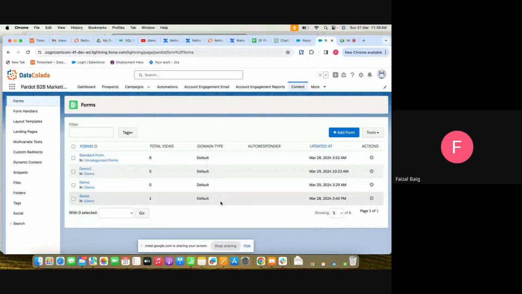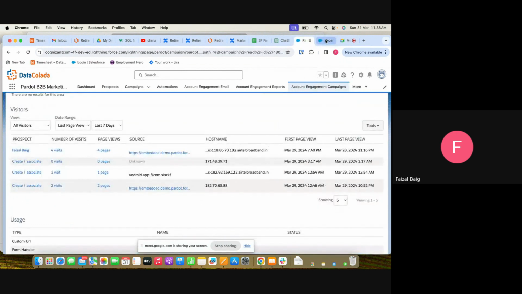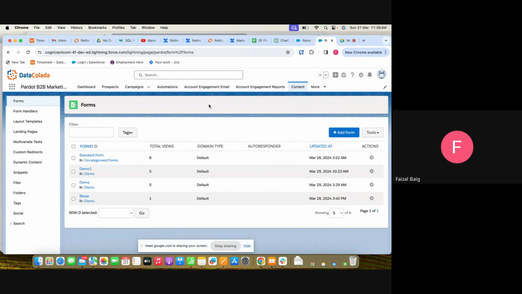Okay, so we're done with campaigns as well. There's nothing much to get deeper into in campaigns, because we just create a campaign as a source, so that a person, a prospect, can come into our Pardot by allotting a campaign to it. Now, the next topic is content, a most important topic,